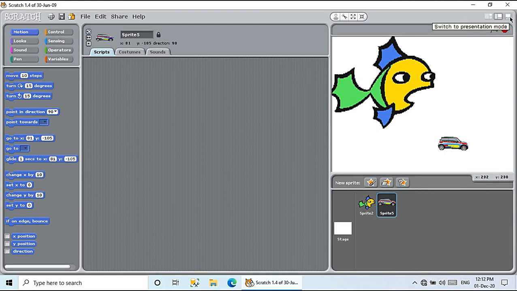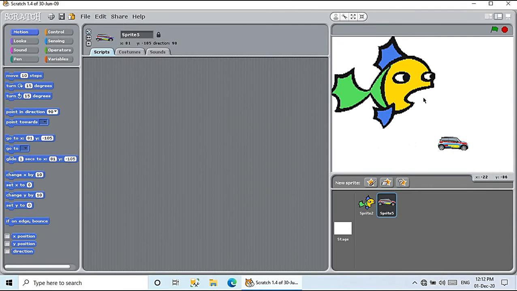And the last one is switch to presentation mode. Presentation means it will be on the entire screen. If you click like this, you can see here, and you can press your escape key or you can press on this back arrow to exit your presentation and come back to the Scratch screen.